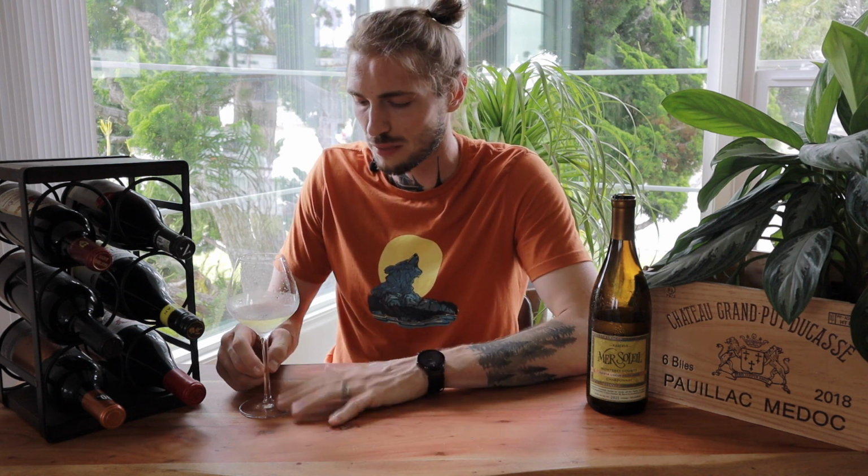So when we talk about a long finish in a wine, you can have a short finish. Generally, lower quality wines disappear on the palate and disappear from your senses. This one still hasn't. I took a sip a minute ago, and I'm still tasting it. Still get that oakiness, the lemon lime, lemon citrus kind of notes, even a full minute after trying it. So, longer finished Chardonnay, medium plus acidity, medium minus on the body,